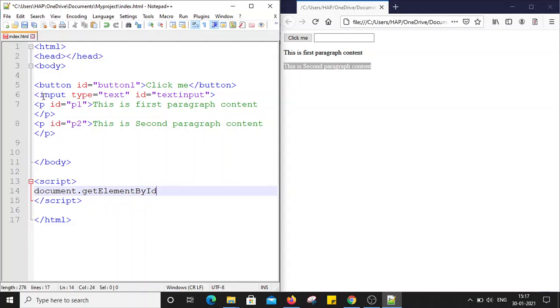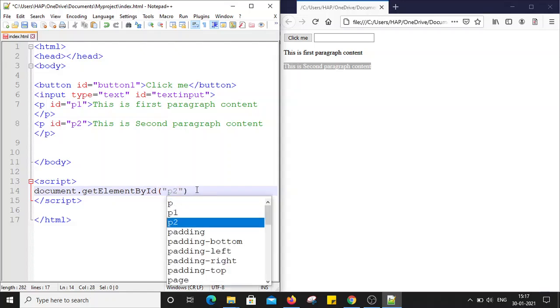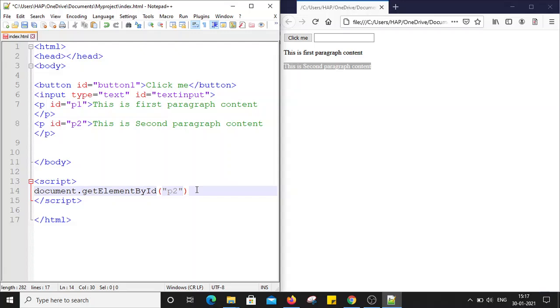Here we want to change the content of the second paragraph, so what is the identifier for the second paragraph? If you see here, p2 is the identifier of that second paragraph. So I am simply finding that element, and now I want to change that text. For that there is a property known as innerHTML. So I am simply using the innerHTML